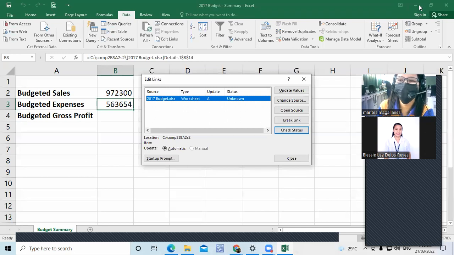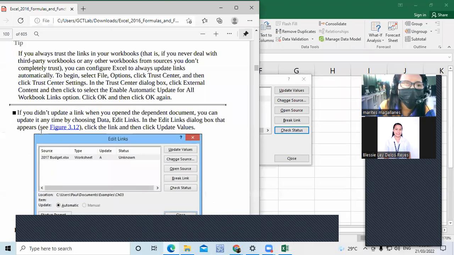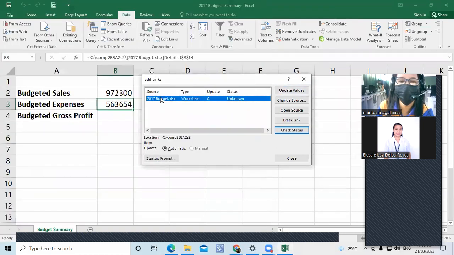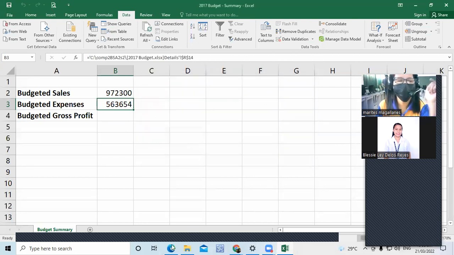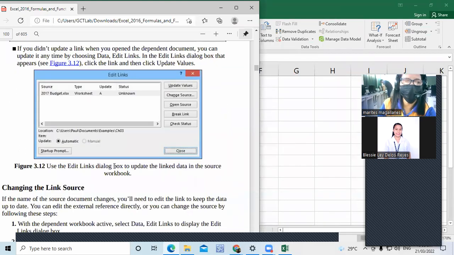With that, what do we do next? Click the link and then click Update Values. Click the link. Just one, okay? Then, Update Values. You set it to automatic and then close. Yes, we're done. So, you use the Edit Links dialog box to update